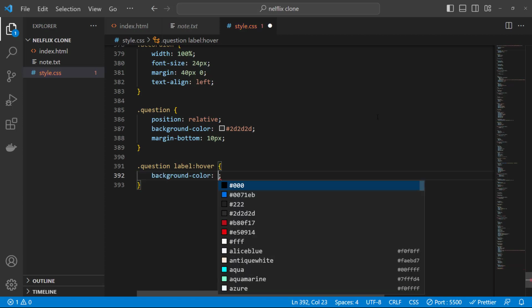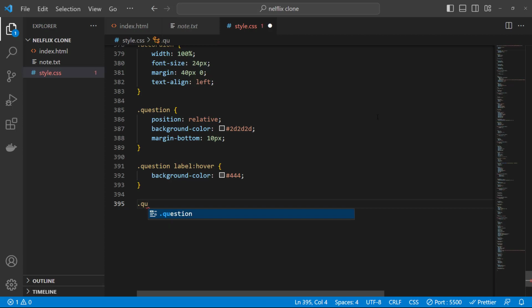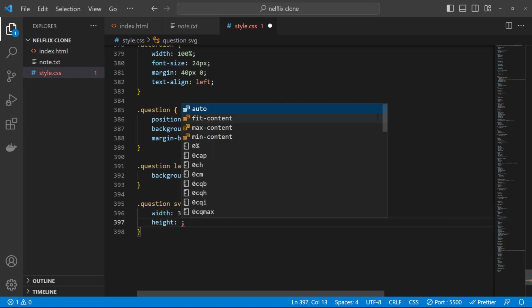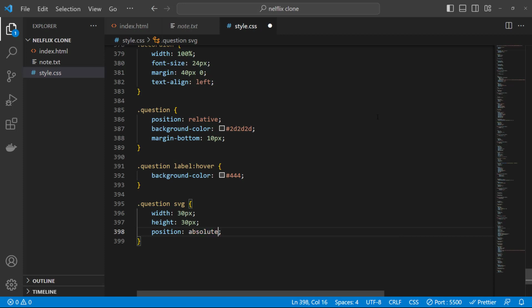Background color will be hashtag 444. Below that let's say question SVG width 30 pixel, height 30 pixel, position absolute, right 30 pixel, and top 20